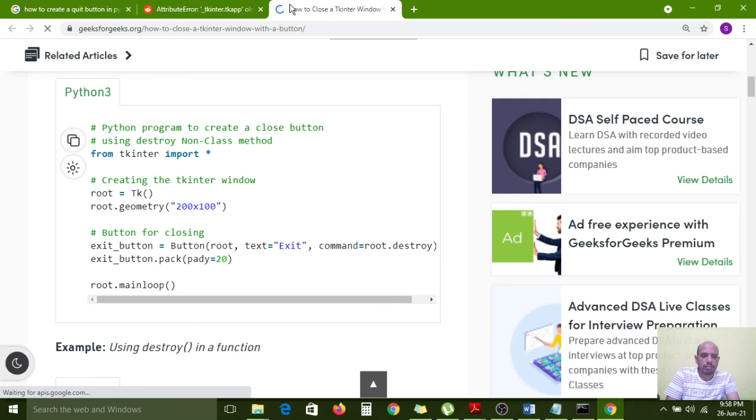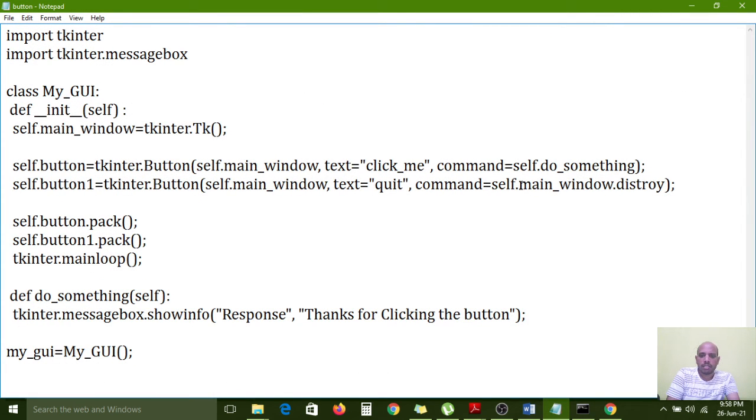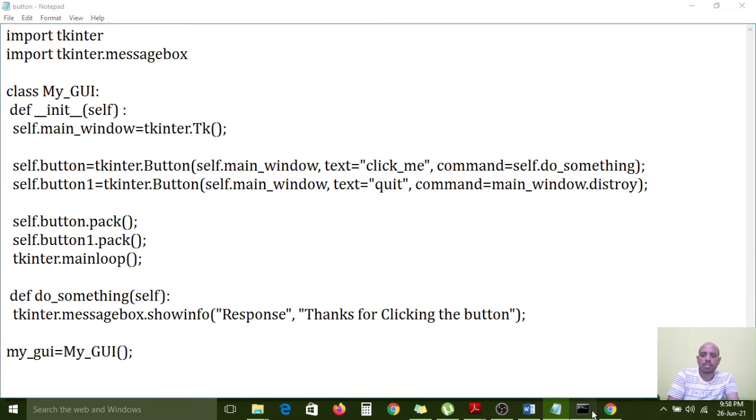So here the object is root, now the root.destroy method. Self remove, maybe check once.